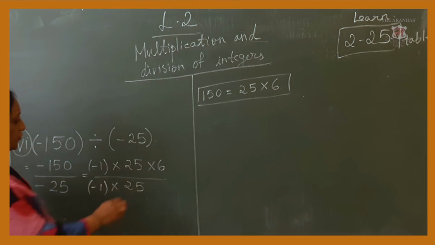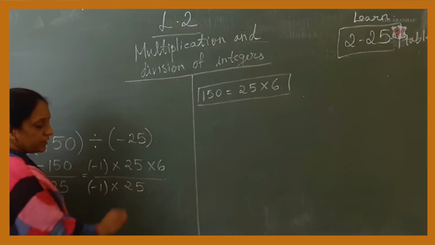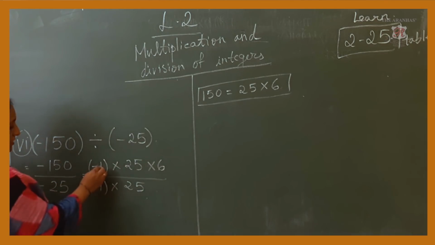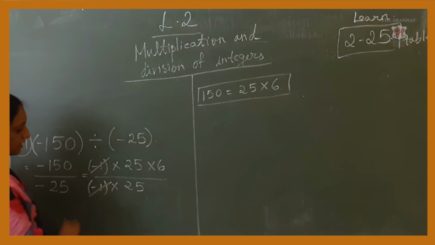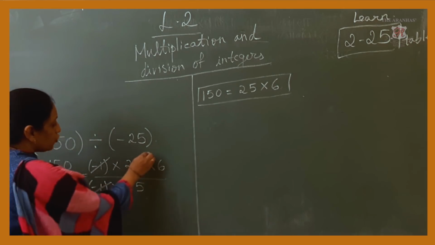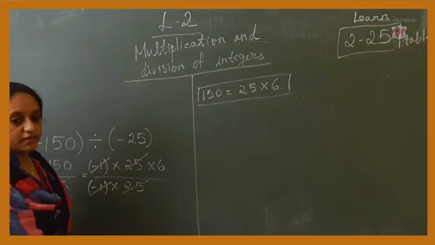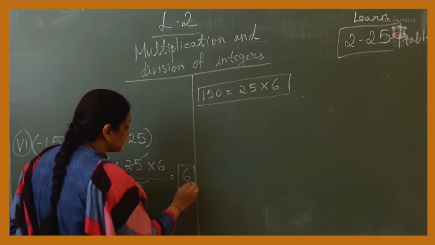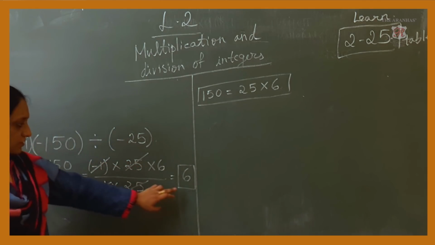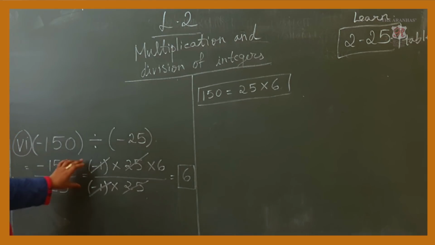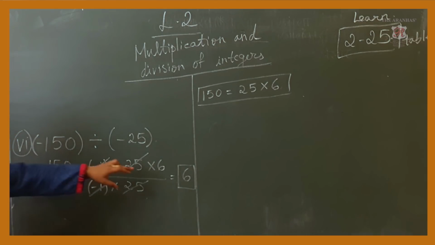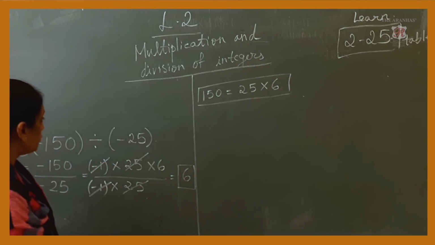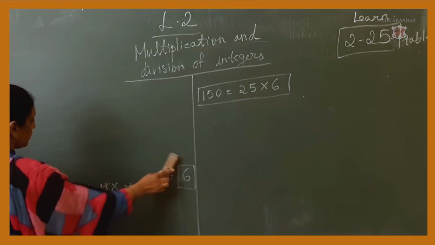25 into 6 upon 25. Now in the numerator and the denominator you have to observe which are the same numbers, which are the common numbers. Here minus 1 is cancelled, here minus 1 is cancelled because they are exactly the same. 25 and 25 are the same number, they get cancelled. So the remaining number is only 6. This plus 6 is 6. So our answer is only 6. You can do this in any method, you get the answer as 6. Do it in the prime factor method, no problem, which I showed you in the previous sum. Prime factors you can take out.